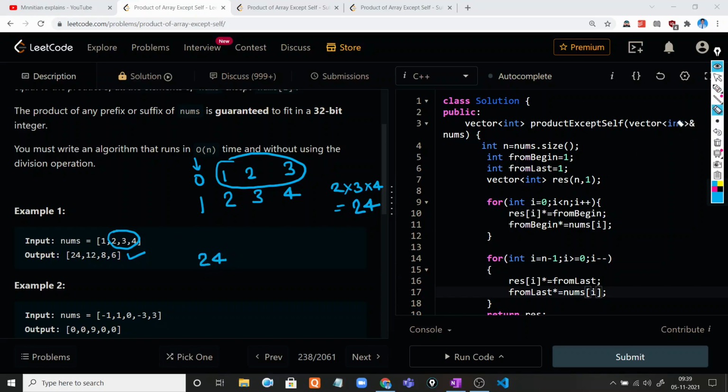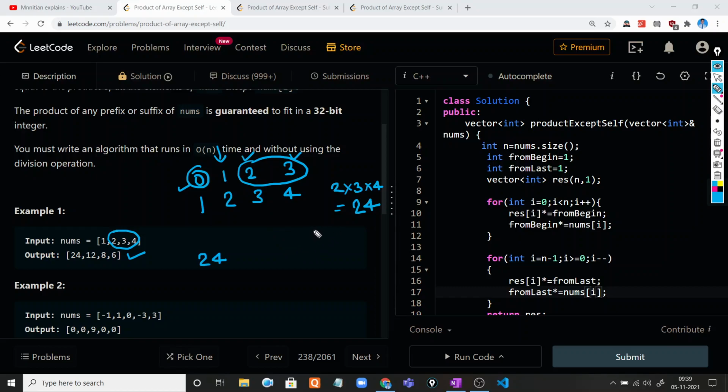So let's check all the values. For the first index, the remaining values are at the 0th index, second index and third index.